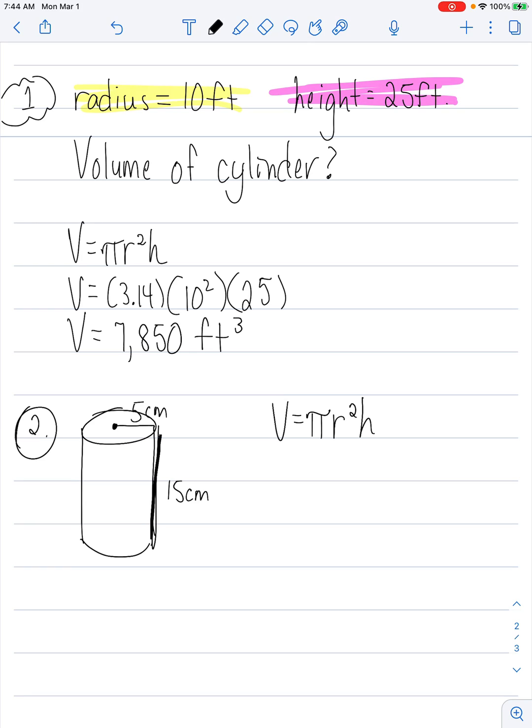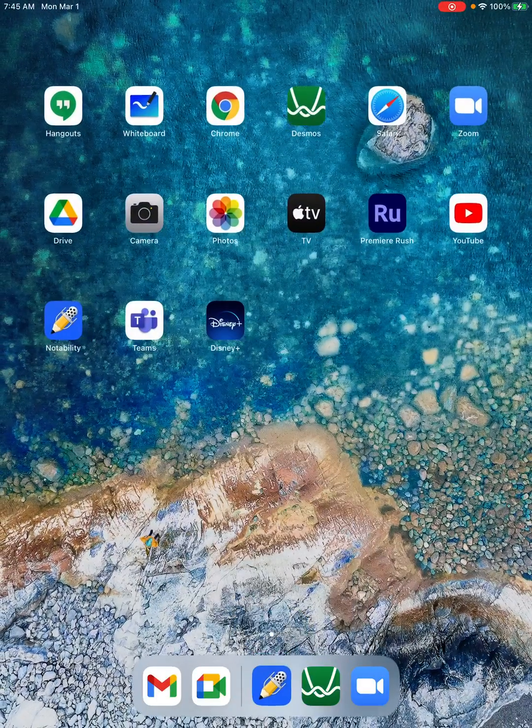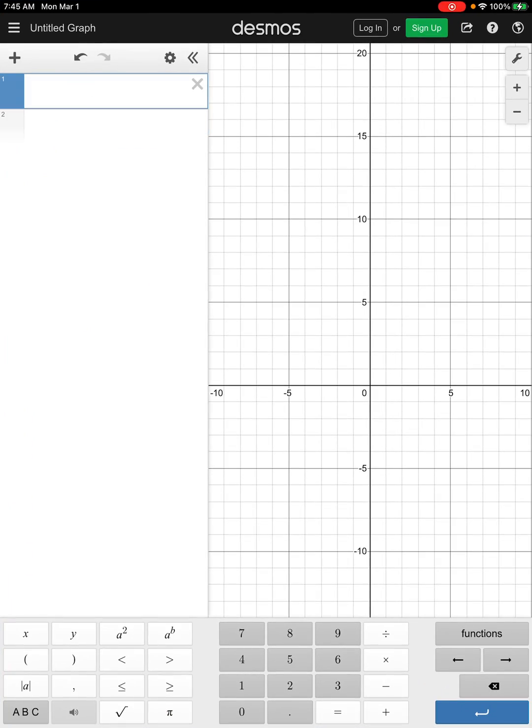So now let's plug in our numbers. 3.14 times, we said the radius is 5 squared times our height, which is 15. And I get all that information straight from my picture. Then I go over to my calculator, and this time I'm going to use the pi symbol. Pi times my radius was 5 squared times my height, which was 15. And when I type that in, I get